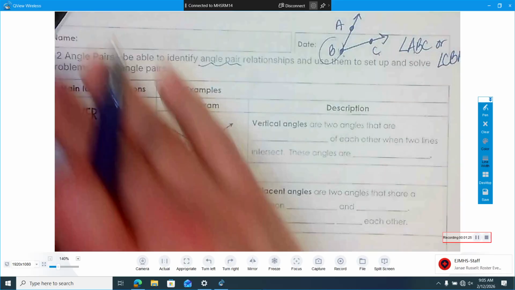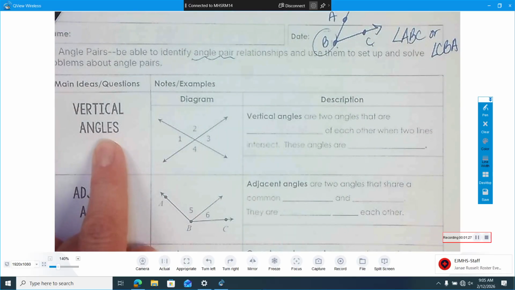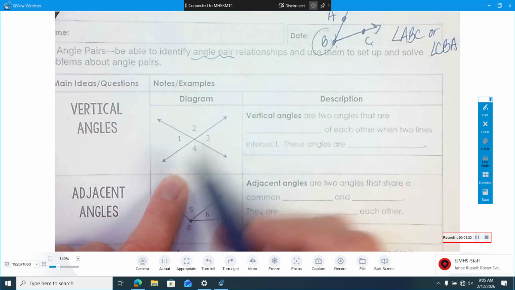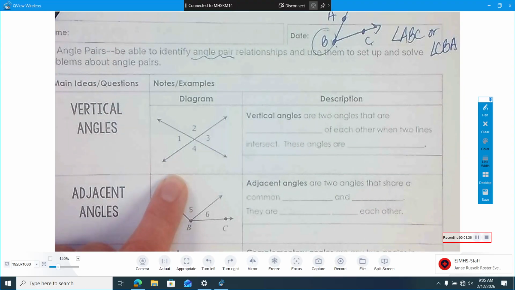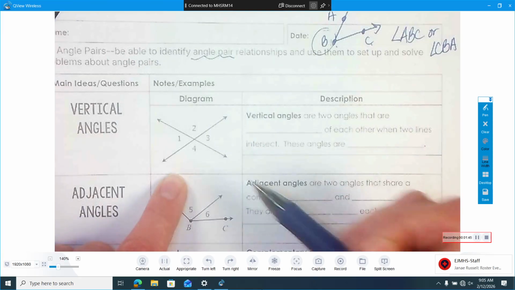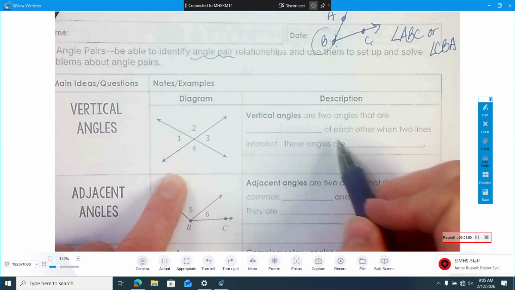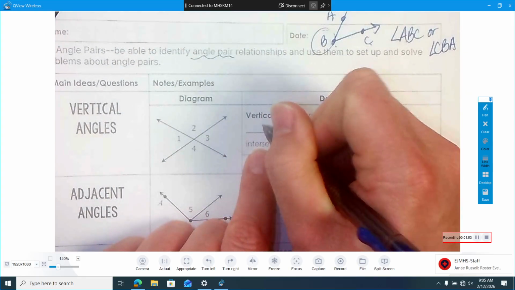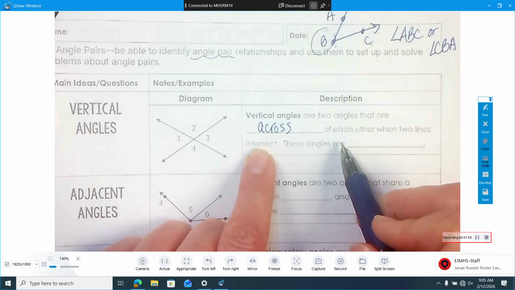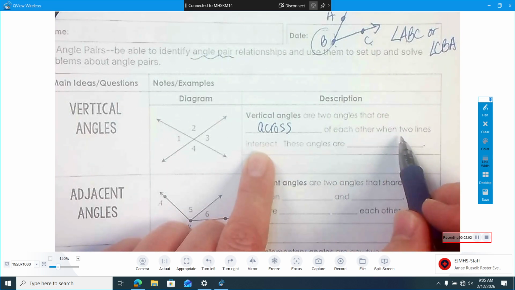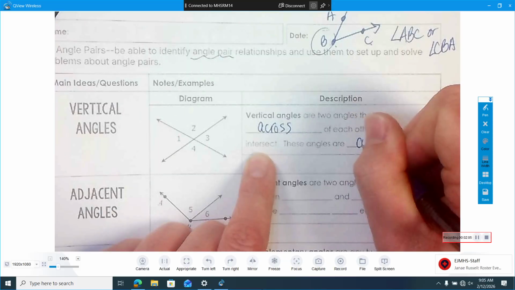So here we have vertical angles, the first angle pair we're going to talk about. And we have here 2 lines that are intersecting. And you'll notice these 2 lines that are intersecting, there's 1, 2, 3, 4 different angles that we create when we have those 2 intersecting lines. All right, you see the 4 angles, right? Yeah, okay. So here we have this little angle, number 1. We got number 2. So vertical angles are 2 angles that are across from each other. I don't understand what that means, but when 2 lines intersect, these angles are congruent,